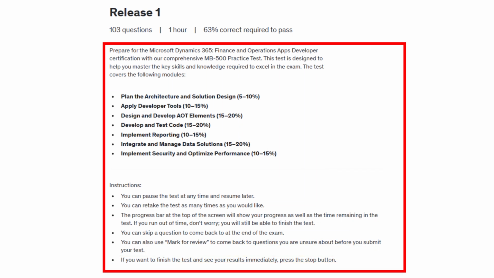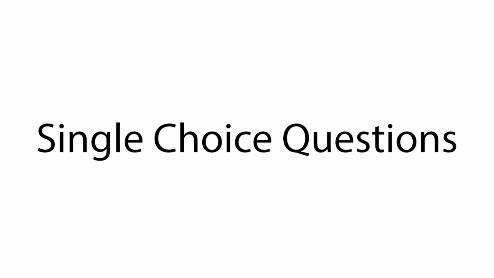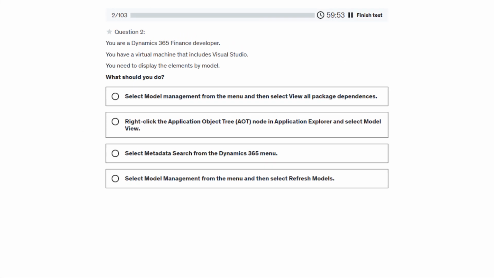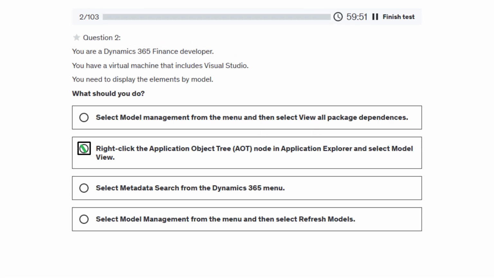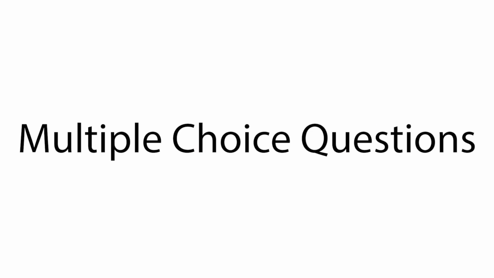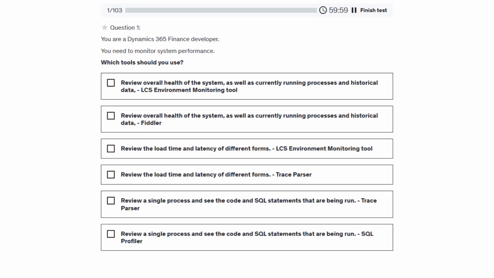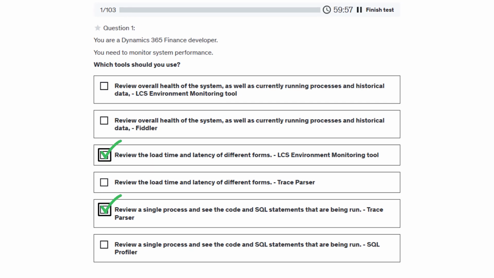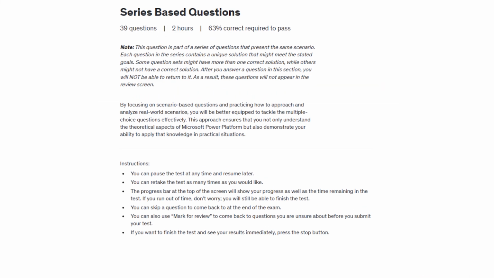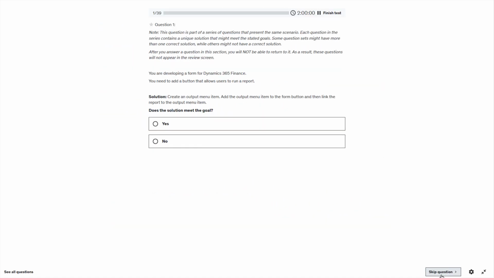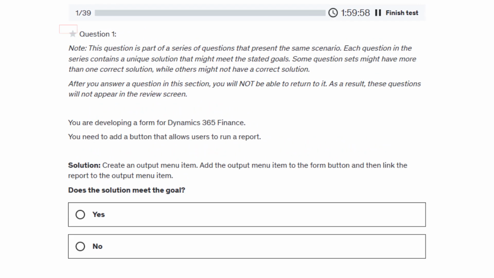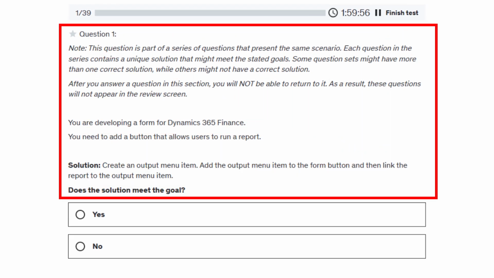Here is what you can expect in our practice test. Single choice questions. These will test your core knowledge of Dynamics 365 Finance and Operation Development concepts and features. Multiple choice questions. These questions often have more than one correct answer, so you will need to carefully analyze each option. Scenario based question. We have included real-world scenario questions where you will need to apply your development knowledge to